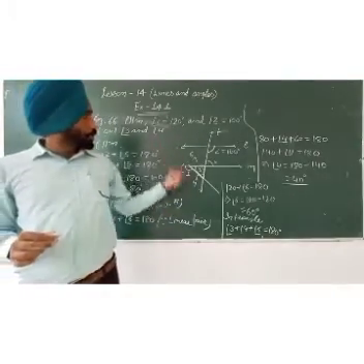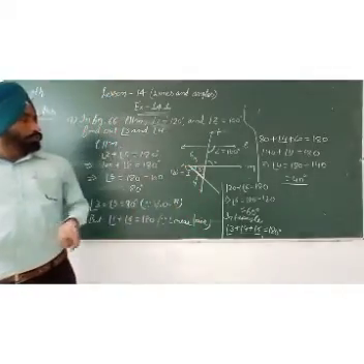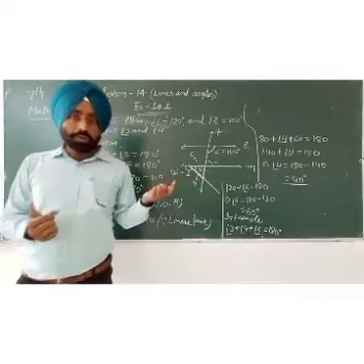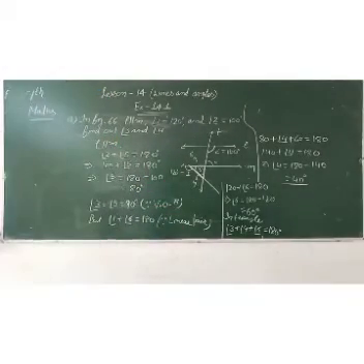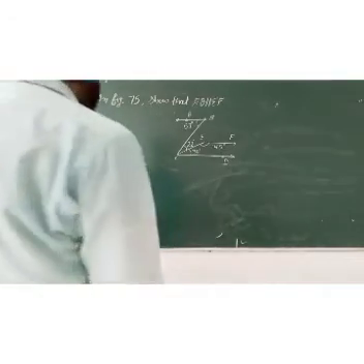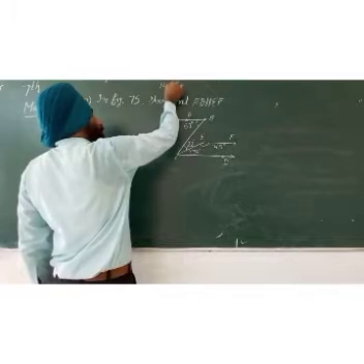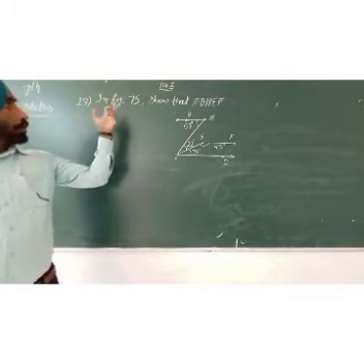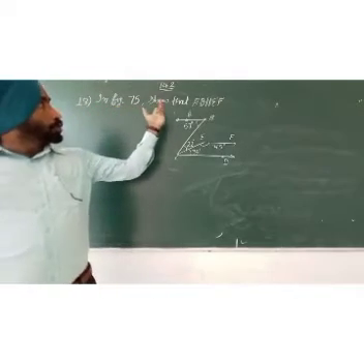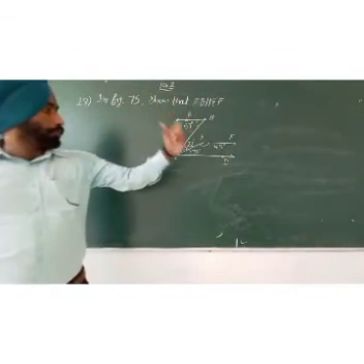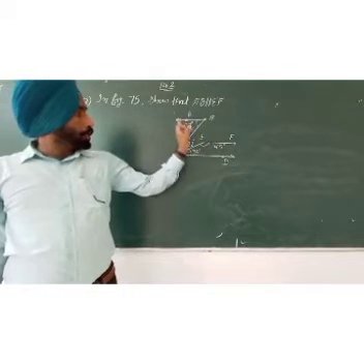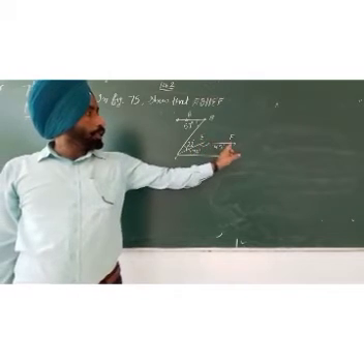Okay, so this is the first type of question. These types of questions you will see in the exercise. Other sums you have to try. Now the second type we will discuss. Yes beta, the second type of question in exercise 14.2. Question 18: in figure 75, show that AB is parallel to EF. You have to prove AB is parallel to EF.